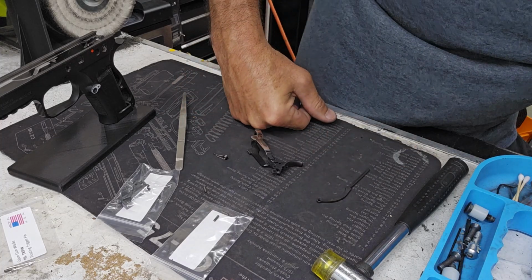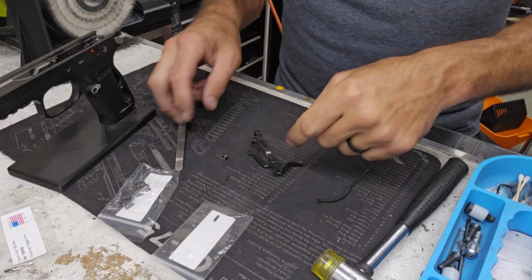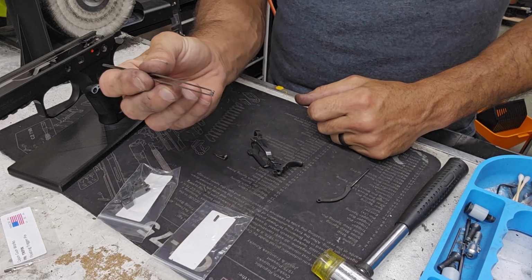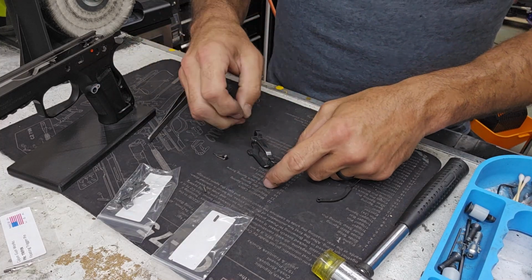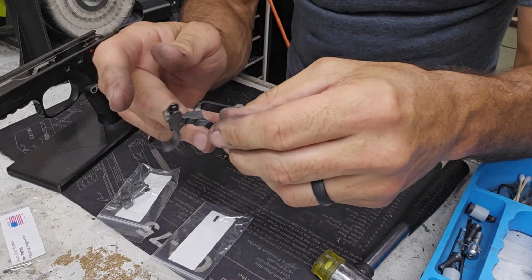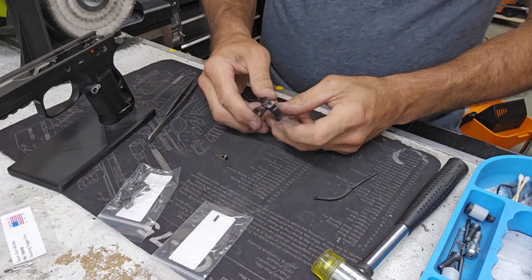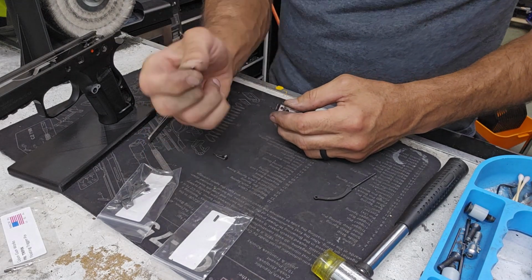So let me find the trigger pin here in the parts. It's somewhere here. There we go. So that's the original trigger pin. We just reuse it. So it goes into the bottom. All right, got that. It should move freely like that. Okay, once you get this done, we're gonna use the